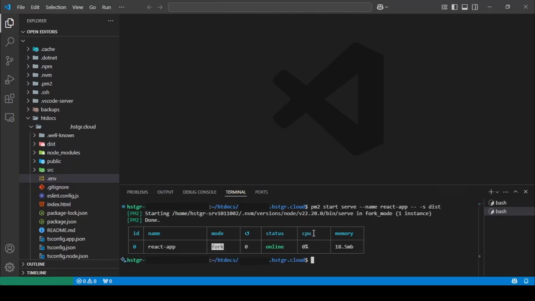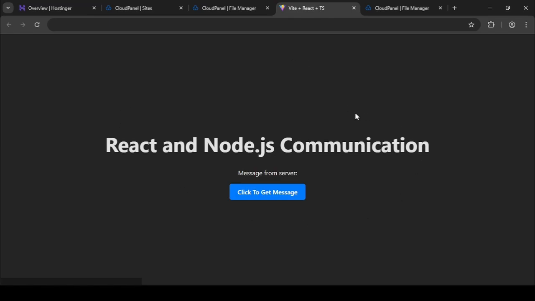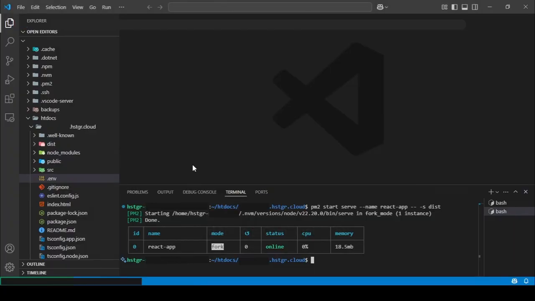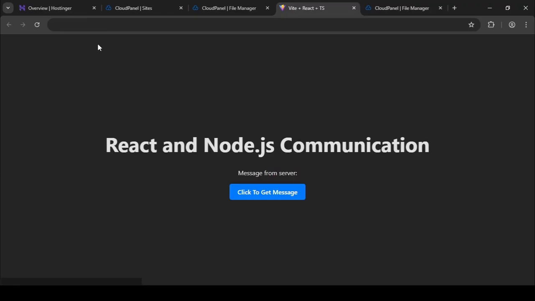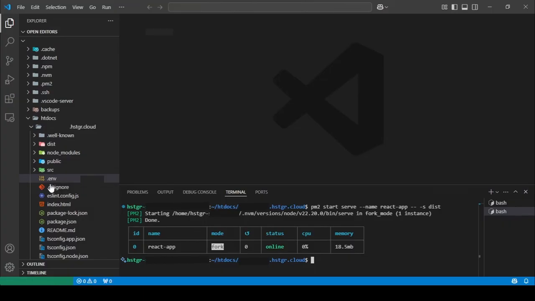Okay, I'm gonna refresh this, and now you'll see this is working, but the backend will not work. If I click this, this will not work. So why isn't this working? You need to copy the front end URL, and it's the same thing for the backend, the subdomain URL. Just copy that, and then what you're gonna do is go into the env files